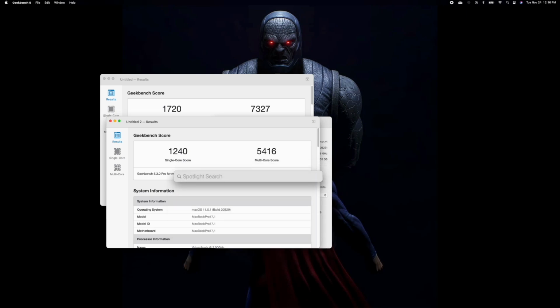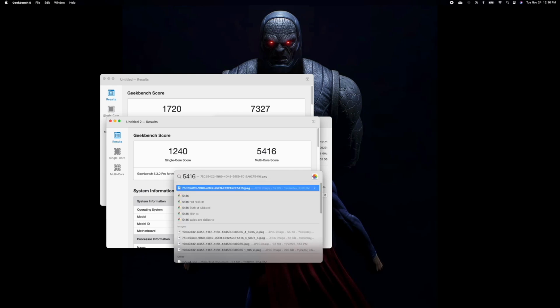and 5416 divided by 7327, there's a 26% hit on multi-core. So let's just average it out and call it 27%. So that's not bad at all, because even though there's a 27% decrease in performance overall for running under Rosetta,